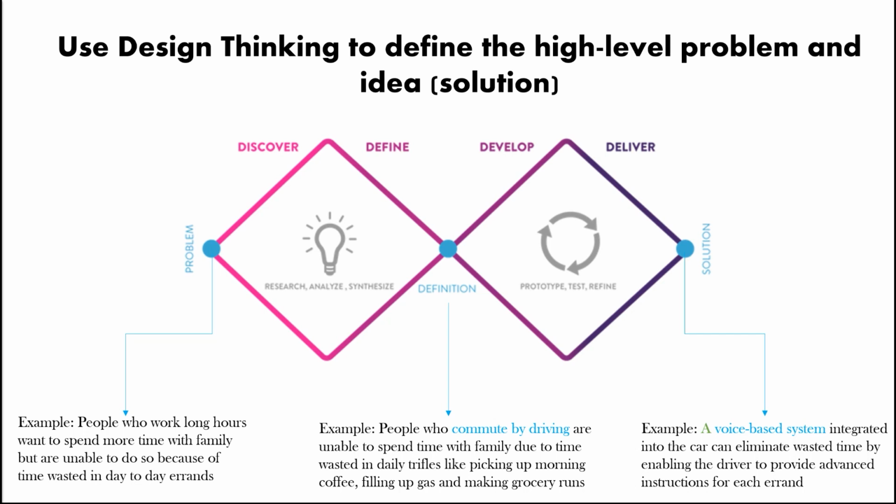An example of that convergence could be that for people who commute by driving, you think they're unable to spend time with family due to the time they waste in daily trifles, like picking up morning coffee, filling up gas, and so on. And that is the problem that you want to go and solve, right? So that crisp definition of the problem gets you started with solutioning,